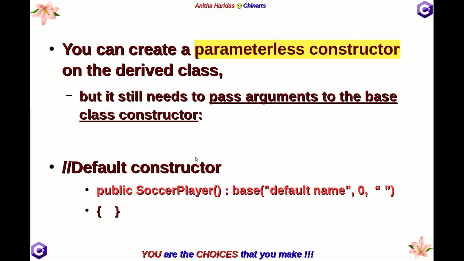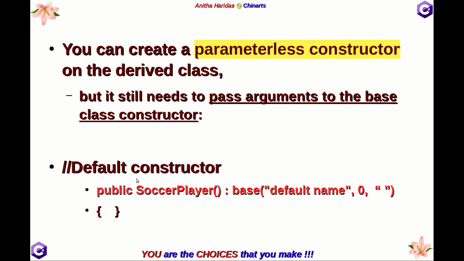Next one, you can also have a parameterless constructor on the derived class. So here in our example, we have seen only a parameterized constructor for the derived class. But if you want to have a parameterless constructor, that is also allowed for the derived class. But still you need to pass arguments to the base class constructor, provided the base class has a parameterized constructor.